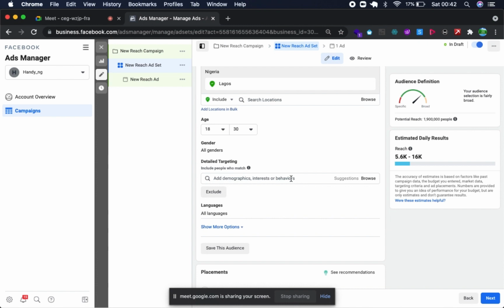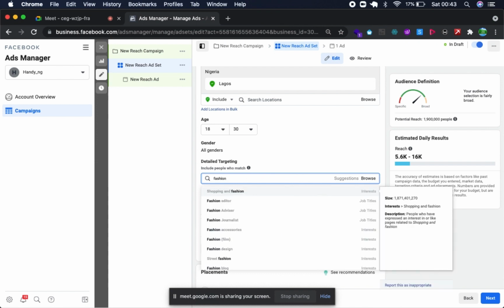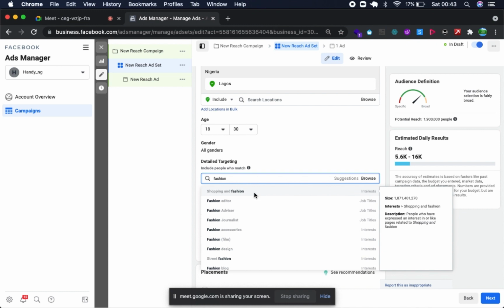Also, we're trying to create anticipation for a wristwatch brand. So what kind of people do we want to target in terms of behavioral interests, let's say demographics, fashion, and the likes? Fashion, okay. Just type fashion in interests, you'll be surprised at what will come out. You see shopping and fashion, and then you have people with job titles, fashion accessories, movies that have fashion in them, people interested in fashion designing and the like. So let's go with shopping and fashion.